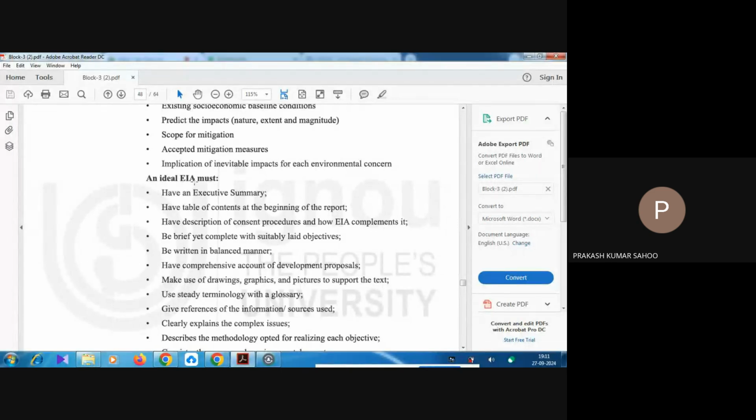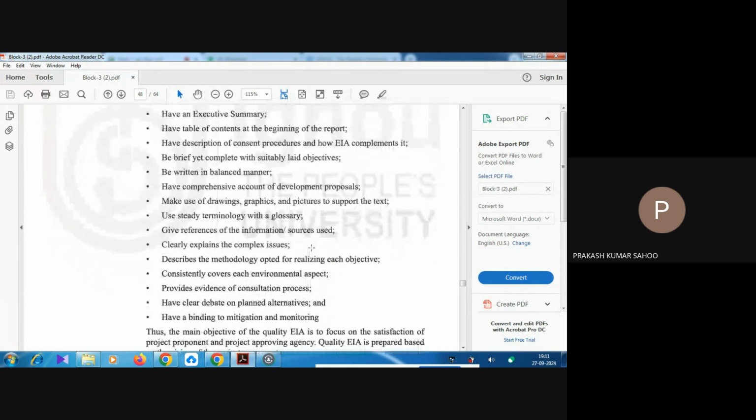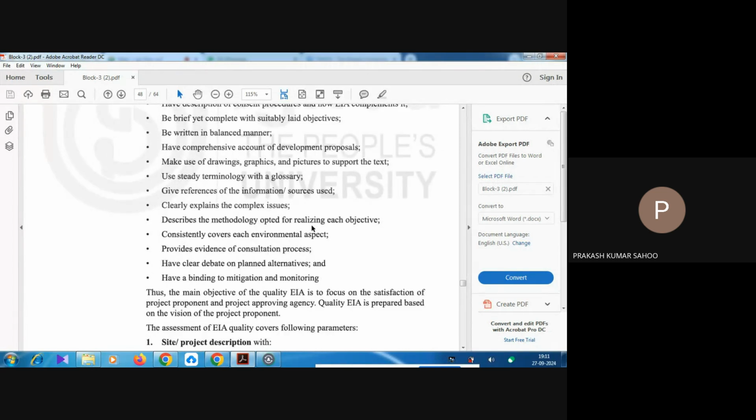An ideal EIA must have an executive summary, table of contents, consent procedure, be complete with suitably laid objectives, be written in a balanced manner, have a comprehensive account of the development proposal, make use of drawings, graphics, and pictures to support the text, use steady terminology with a glossary, give references of the information sources used, clearly explain